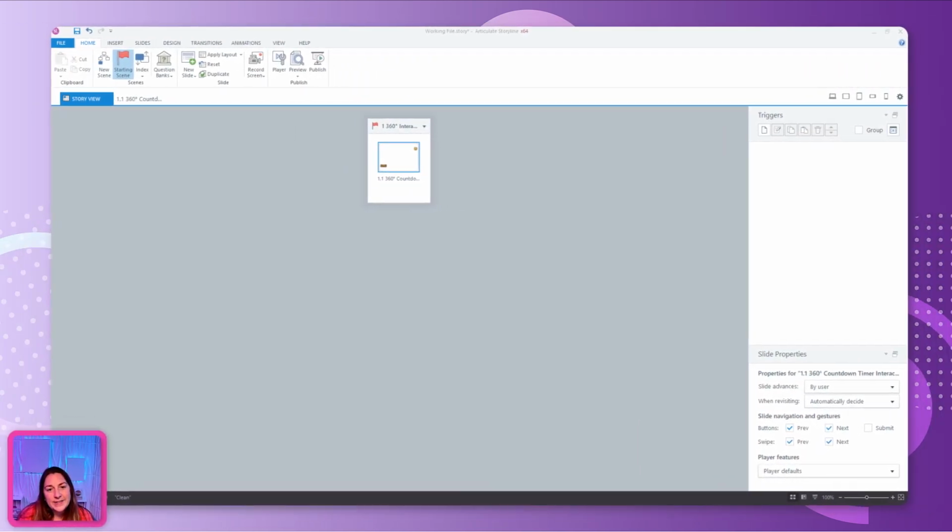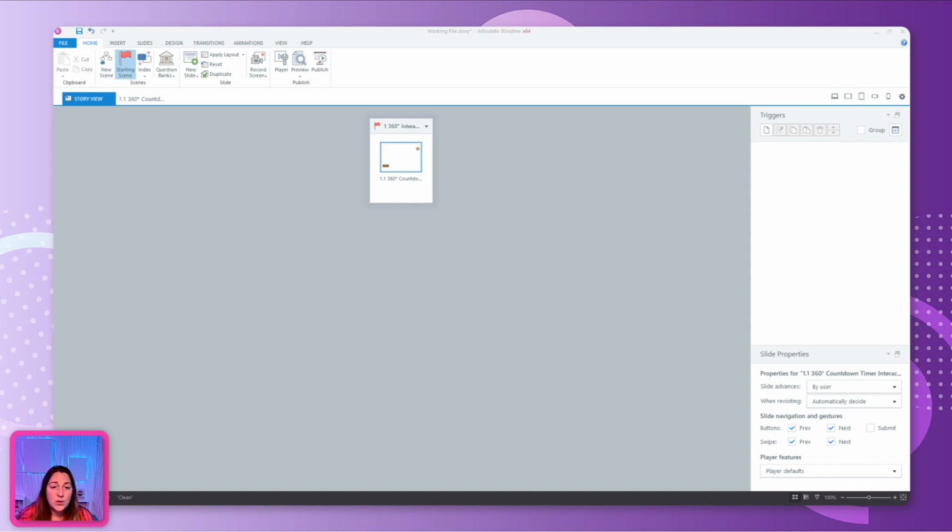After creating your landscape, or if you already have a 360-degree photo that you want to use, the next step is to bring it into Storyline and add your variables, your hotspots, and all your triggers to make it function like a game. So in the download files, which you can find in the description below, there is a working Storyline file. So if you open that up, you'll see it already has